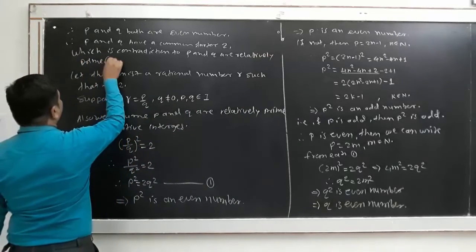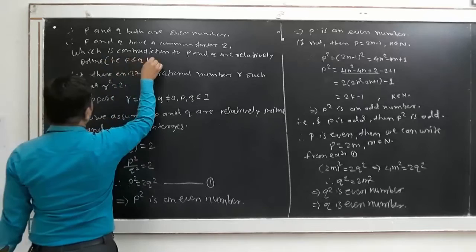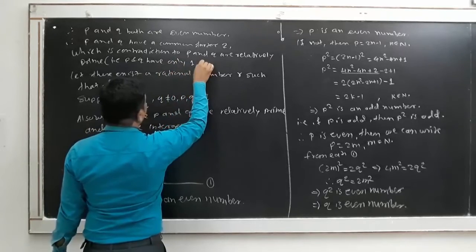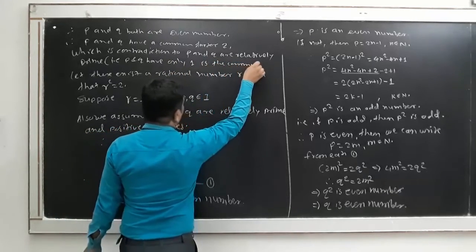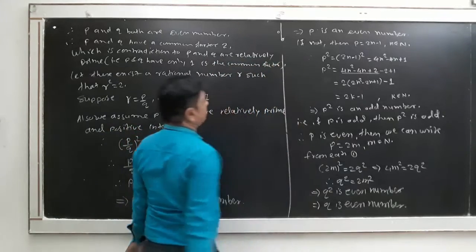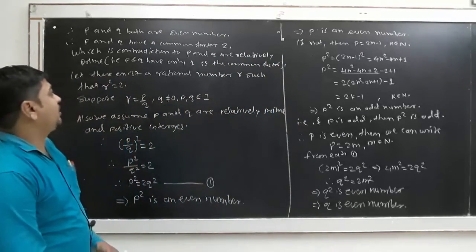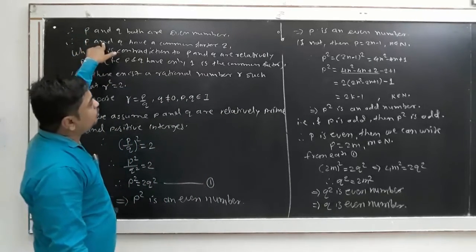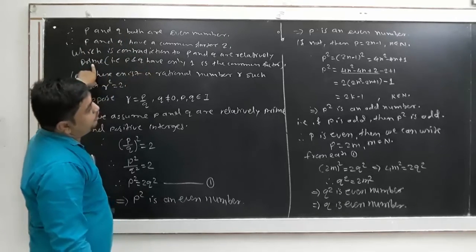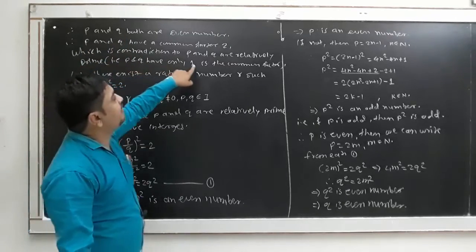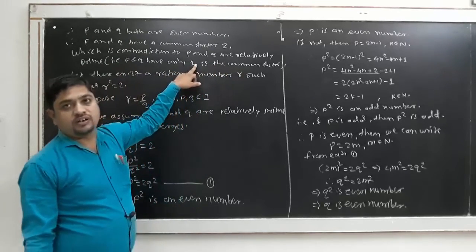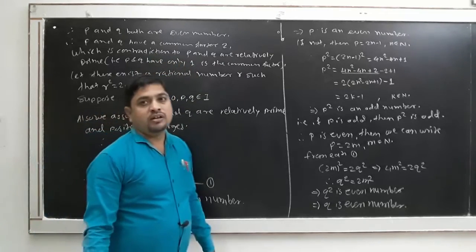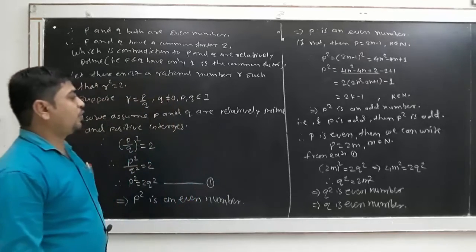That is what we can say. P and Q have only one common factor. Okay? So, very simple problem. P and Q both are even, so they have a common factor 2, but this is a contradiction to their being relatively prime, because if they are relatively prime, their common factor is only 1. Okay? In this way you can prove so many theorems, or solve so many problems.